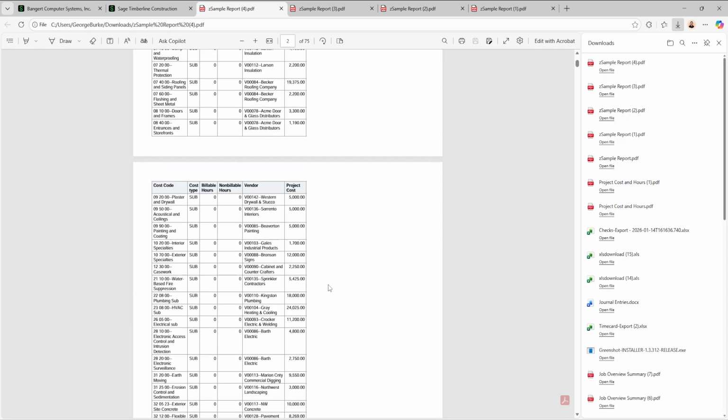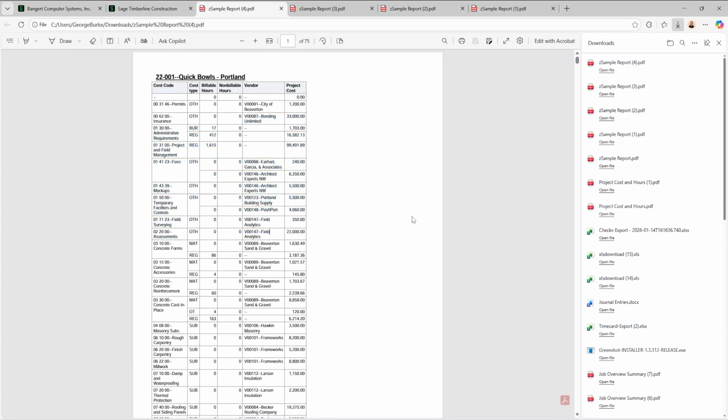All right, so not looking great. We have this big space, but I do want to keep it as portrait. So here we have some options. We could change it back to landscape if we wanted, or we can edit some of the properties of the table to make it bigger.